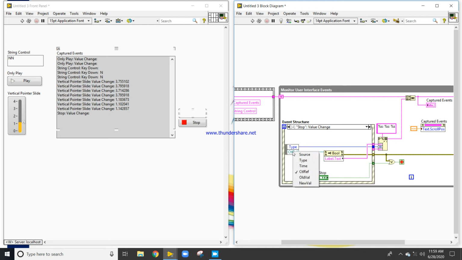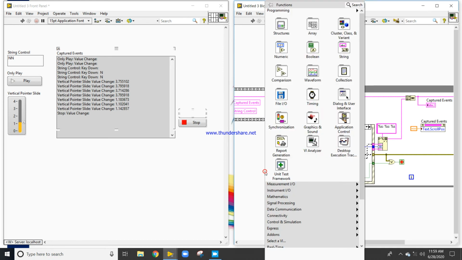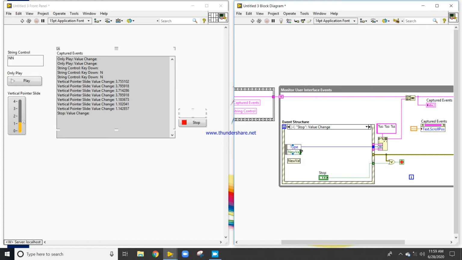Here I want to place the new value, and in place of control S, control B. Now I will connect this value change at the last.